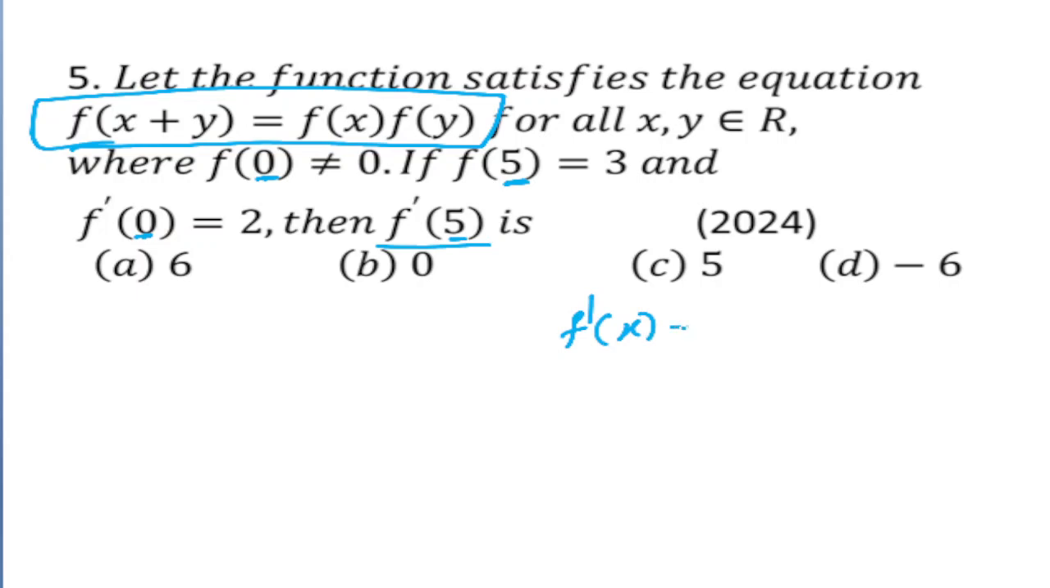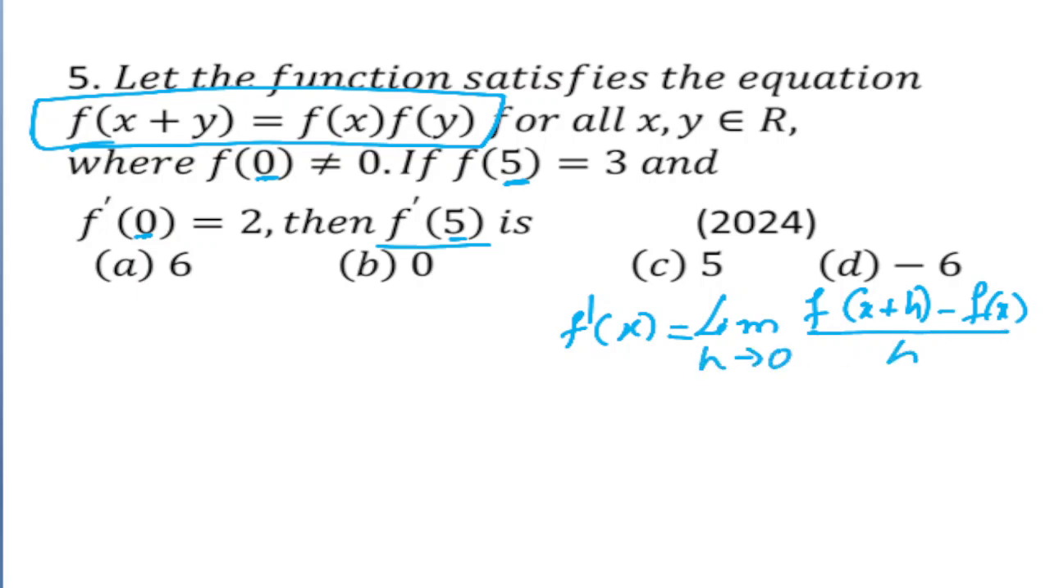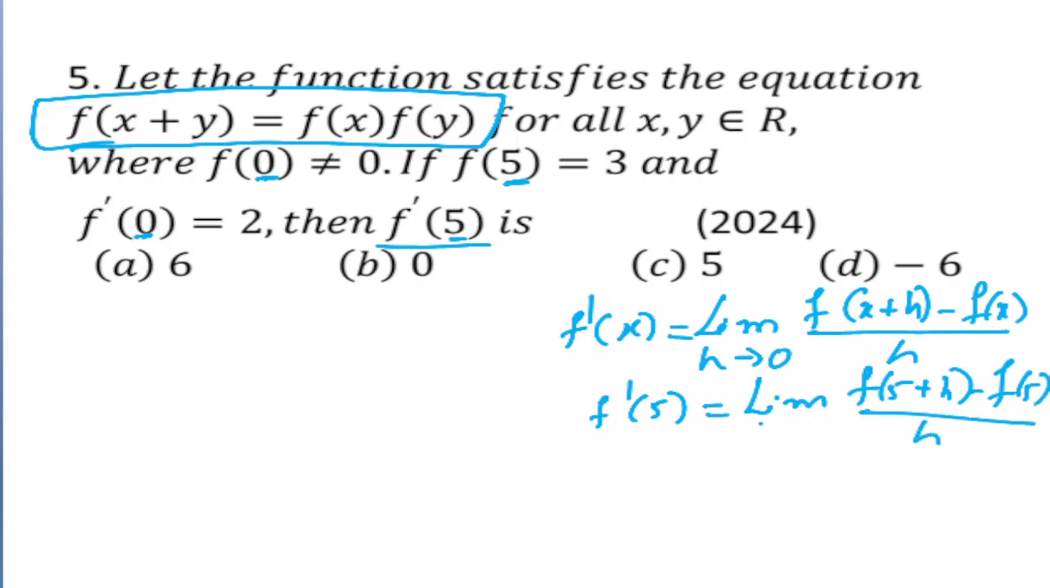What does the first principle of calculus say? F dash of x is equal to limit of f of x plus h minus f of x divided by h as h tends to 0. So from this, f dash of 5 will be the limit of f of 5 plus h minus f of 5 whole divided by h as h tends to 0. At the end, this is what we are going to use. Now before that, let us find out the values we require for this by putting x is equal to 5